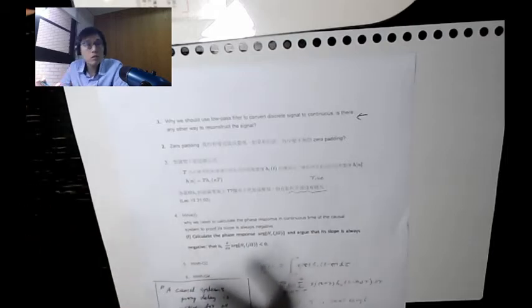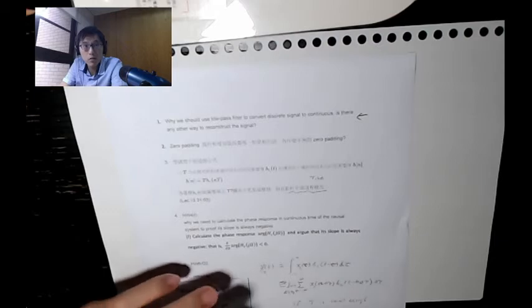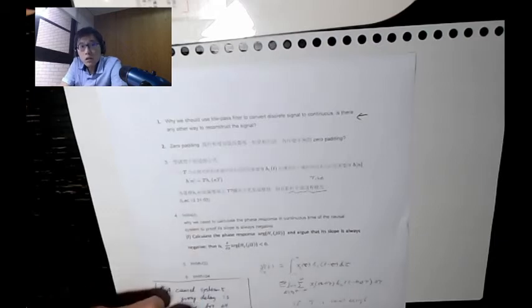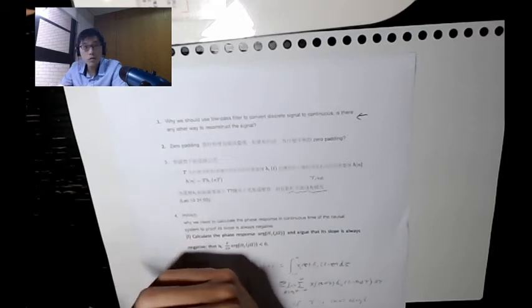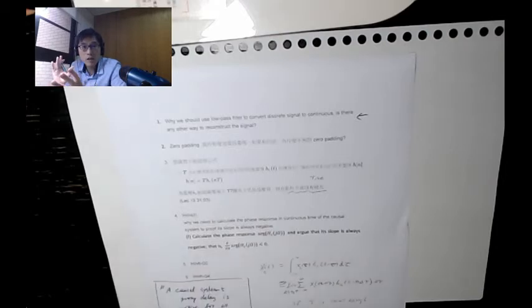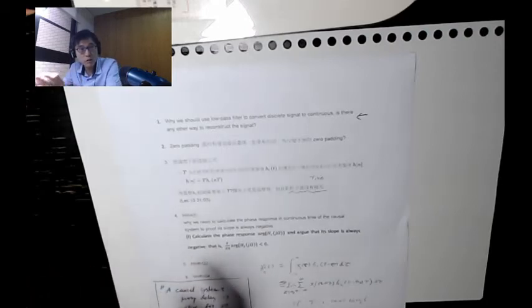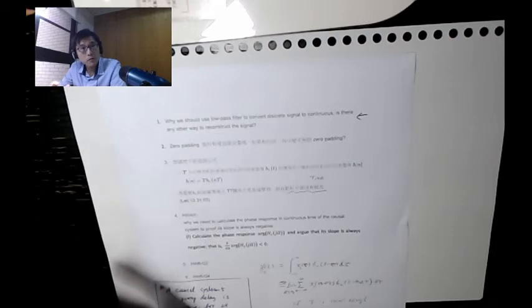But another scenario where it might be helpful, again, we do not cover this in this course, unfortunately. This is really out of scope of our current schedule, but I want to share with you. Another reason for padding zeros is for spectral estimation. So let's say you have a signal and you are pretty sure that there is a tone, a single tone of certain frequency in the signal. If your task is to figure out the frequency of that signal, you pad zeros to the signal first, and you compute the Fourier transform to find the peak.